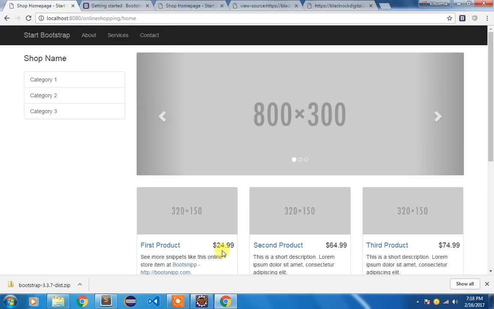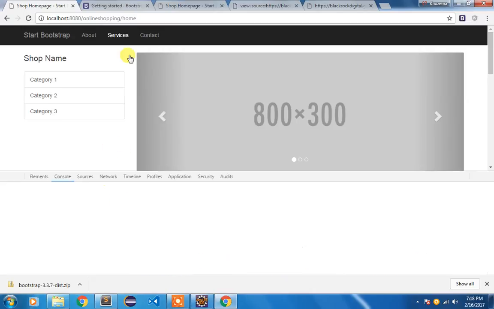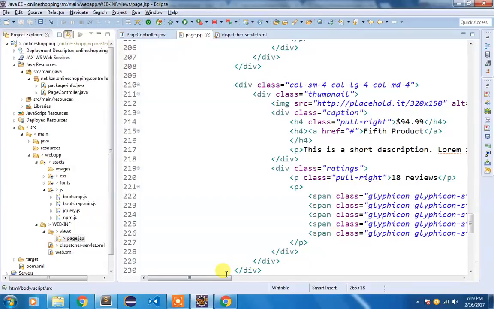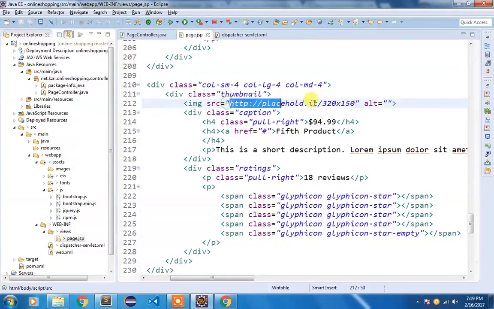Okay, as you can see, now the online shopping homepage is looking like this. So I was able to successfully load my static resources, and all the errors that were coming up initially when I first ran this page have gone. The server responded with all those static resources. I've simply replaced the js and css paths with my ${js} and ${css}, and these images are loading from another website called placeholder. That's fine, we are going to replace them afterwards.